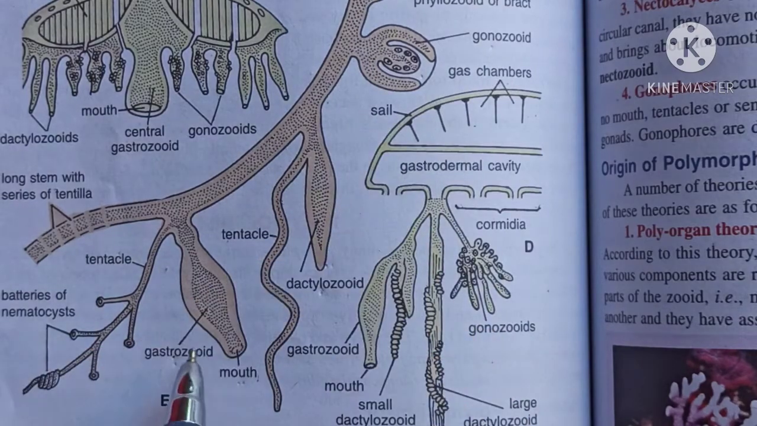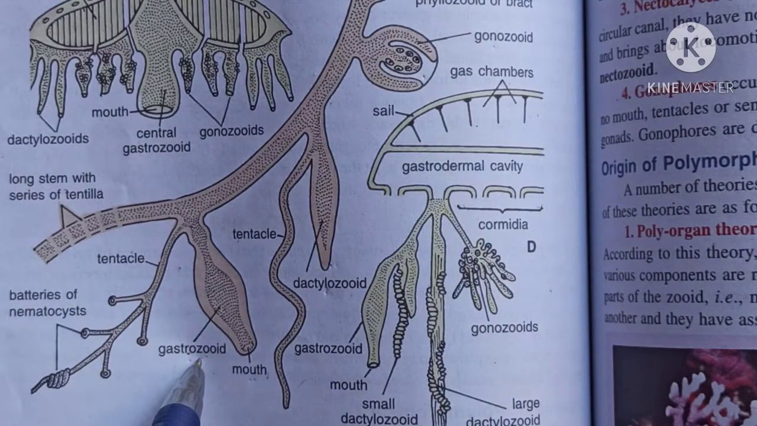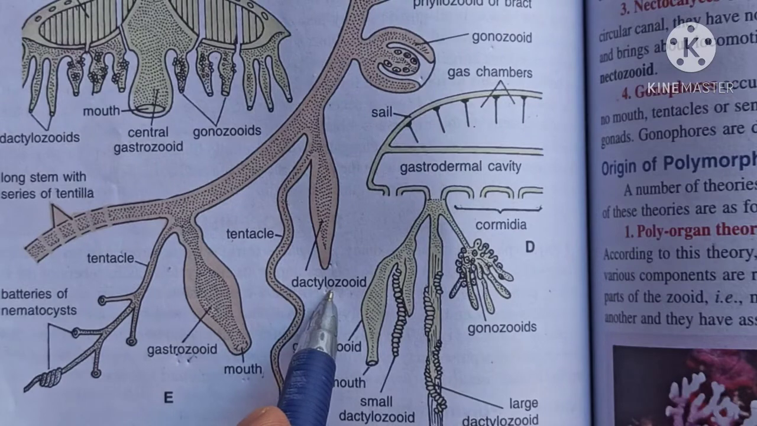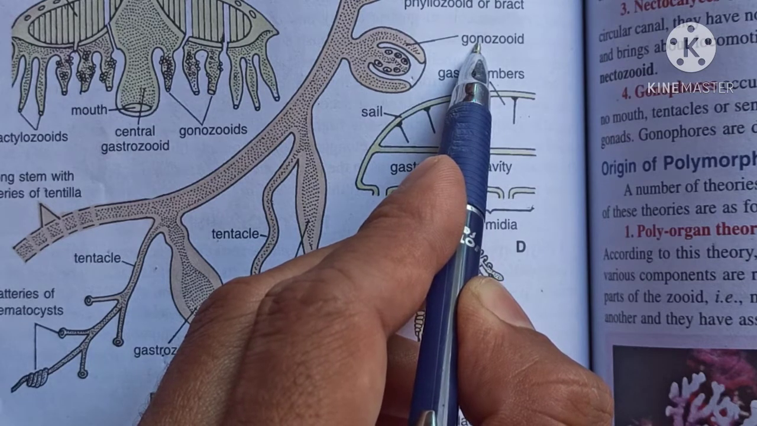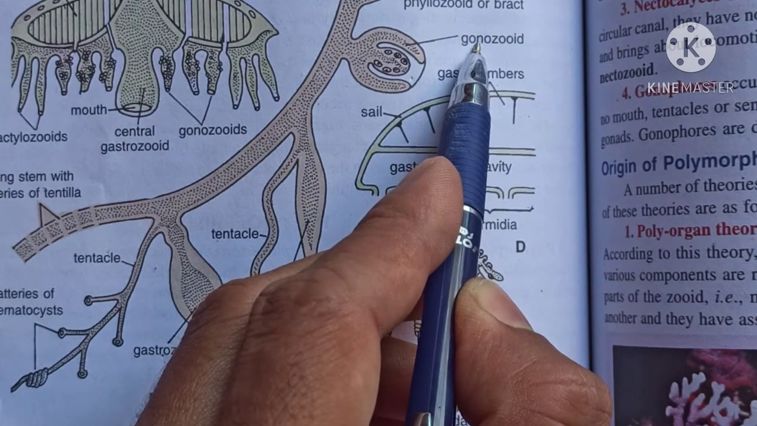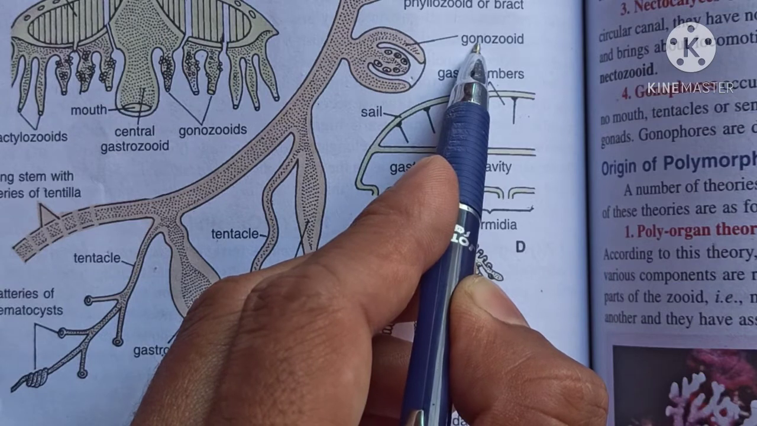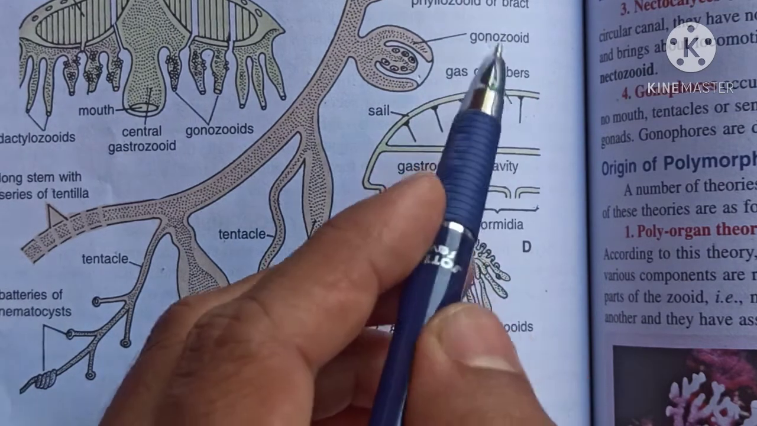So simply you can remember, gastrozoid is a feeding zooid. Dactylozoid is used for defense, and gonozoid is a reproductive zooid. It produces the male and female medusae. Particularly, gonophores are produced by gonozoids. Okay,